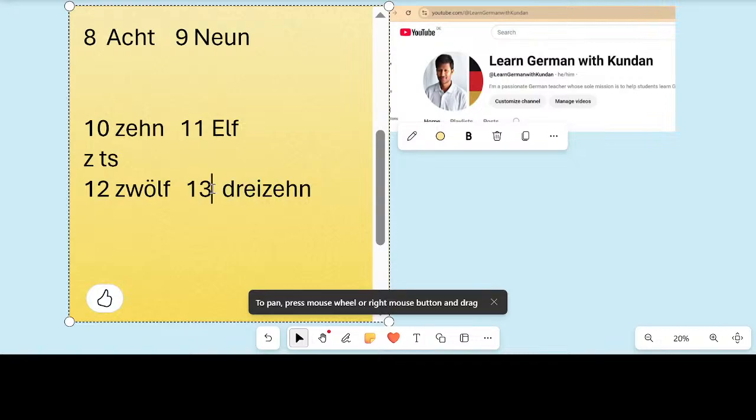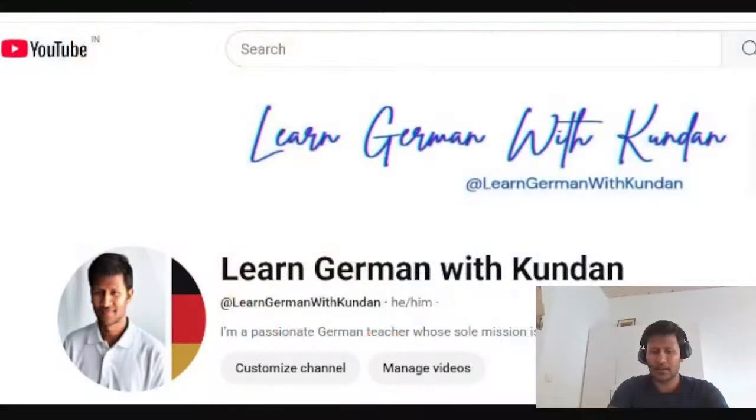This first letter, the unit place, is coming here, drei, and then the second one, sen. If you already see here, 10 is sen. So first the unit place, and then the tens place, so Dreitzen. So the next one you can easily understand, what will it be? Have you guessed it? It will be 14.